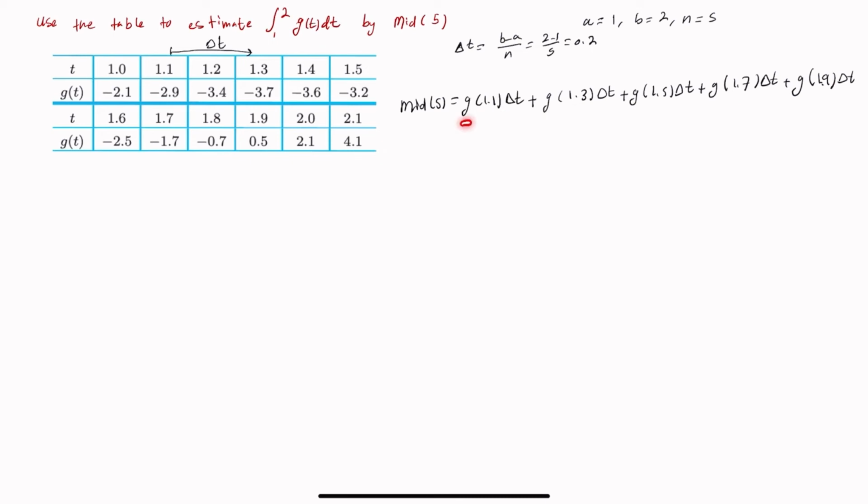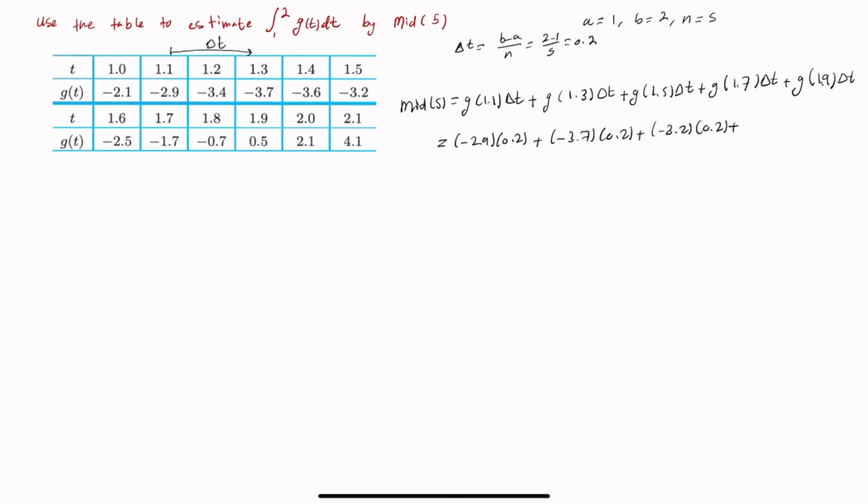Notice in here the g values can be found from the table. So first, to figure out what g of 1.1 is, remember this is t, so we're going to go to t of 1.1 and the g value is going to be minus 2.9. So this is going to be equal to minus 2.9 multiplied by delta t, which is 0.2, and then plus g of 1.3, which is minus 3.7, multiplied by delta t, and then plus g of 1.5 multiplied by delta t,